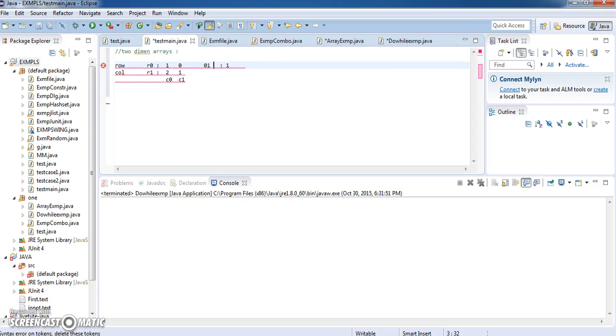Say for example, this is your two-dimensional array and the array name is A, and these are the array elements. Then we say that array 0, 1 is the 0th row, first column, and the element is 1.